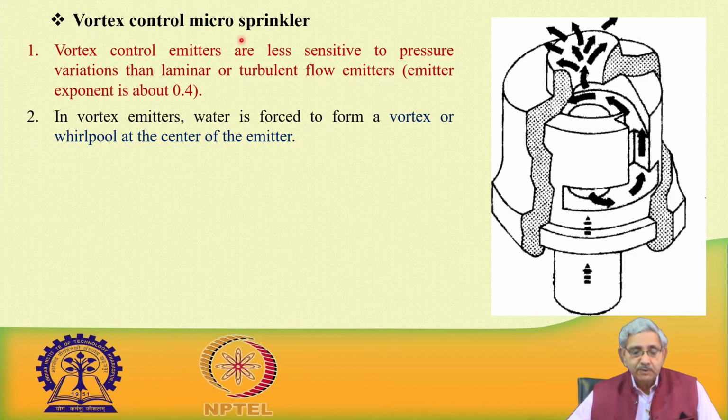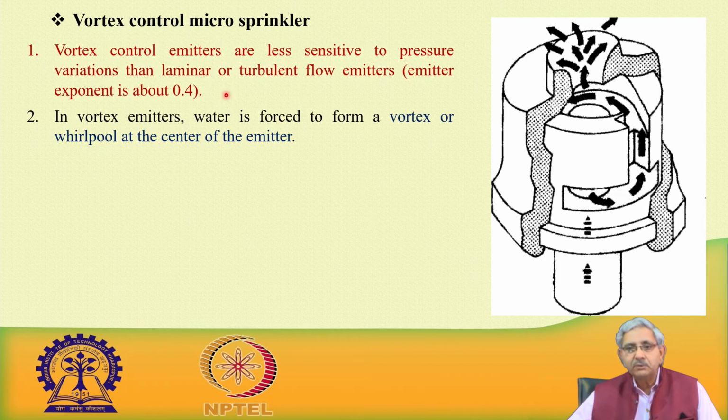Vortex flow micro sprinkler, this is another kind of micro sprinkler. Vortex control emitters are less sensitive to pressure variation than laminar or turbulent flow emitters, and such emitters have the exponent 0.4. This exponent is in the equation where Q, that is the discharge out of the vortex